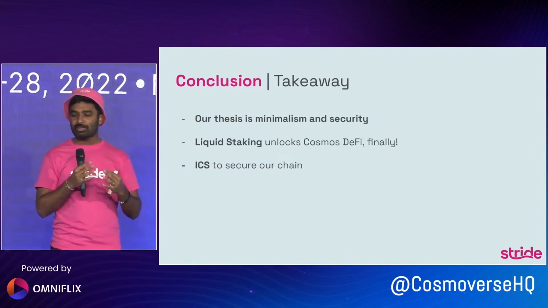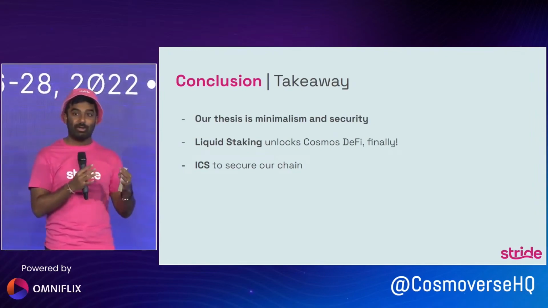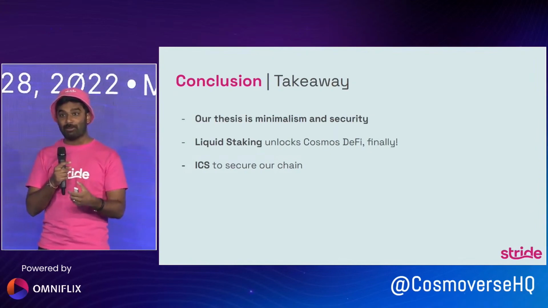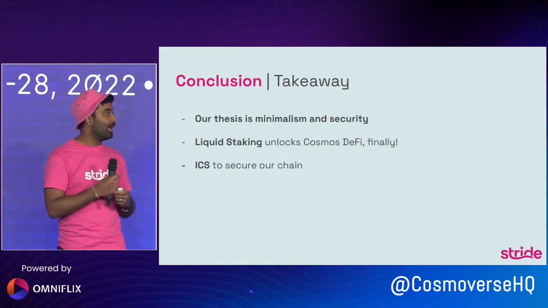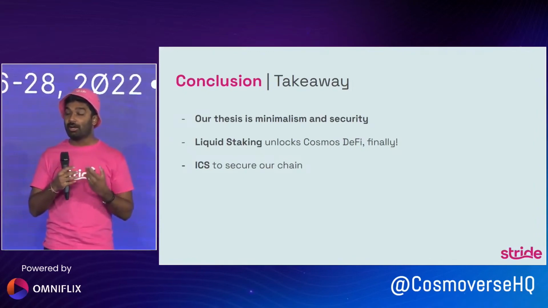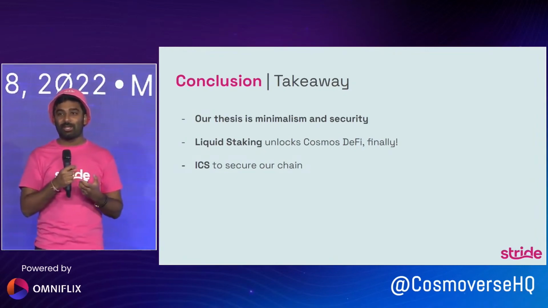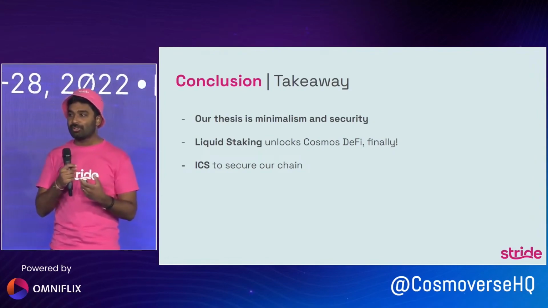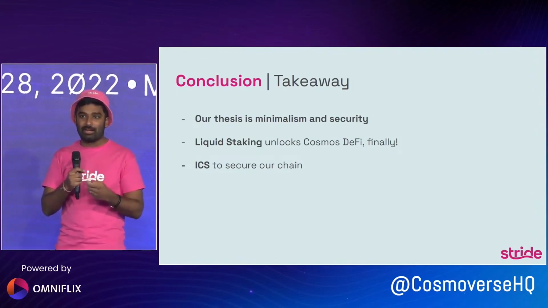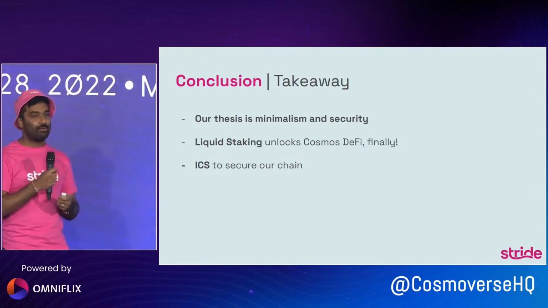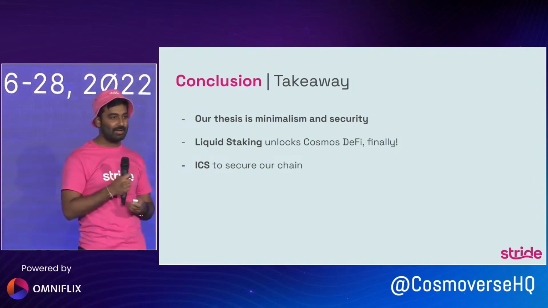If you get just 1 or 2 takeaways from this talk, I want you to think about Stride and think about how it is the minimal and secure liquid staking blockchain. We're a true app chain that only wants to do one thing, liquid staking, and do that very, very well. We focus on that quite a bit. And then we also have focused a ton on security, on trying to make our chain as secure as possible. So liquid staking, we're really excited. We think it's going to ultimately unlock a lot of the value in DeFi. Users no longer have this trade-off between DeFi yields and staking yields. You can participate in both. And lastly, we're really excited to announce that we're going to use ICS to secure our chain as we continue to scale throughout the Cosmos.